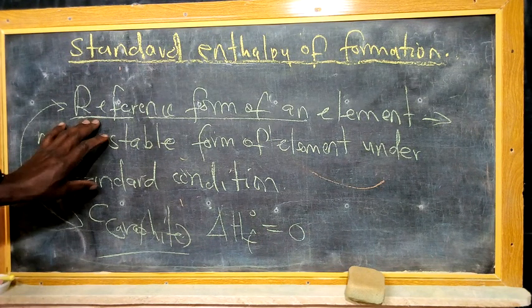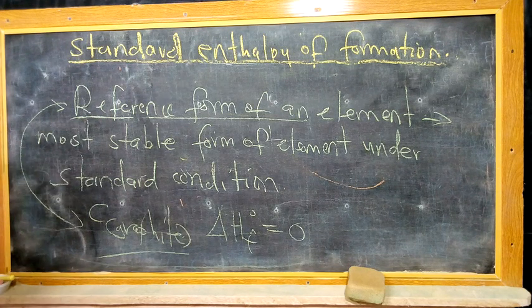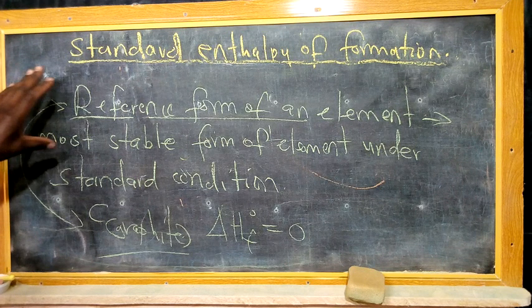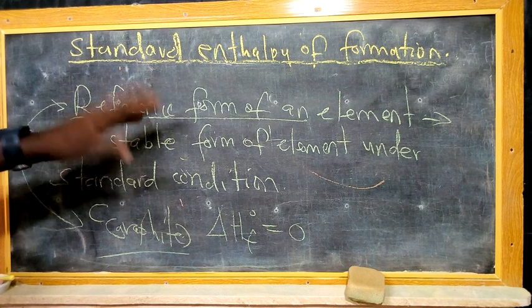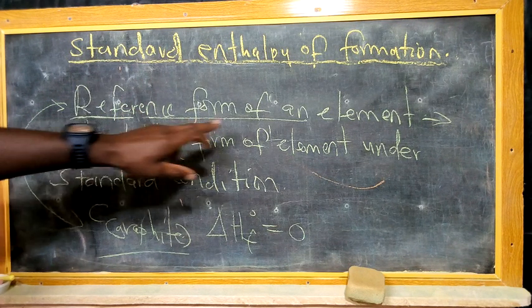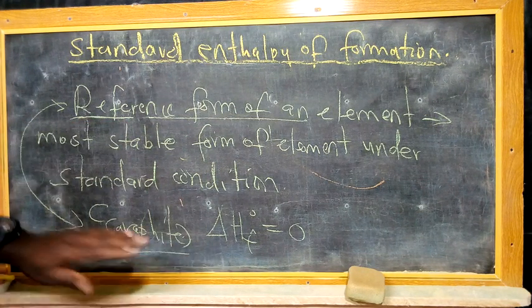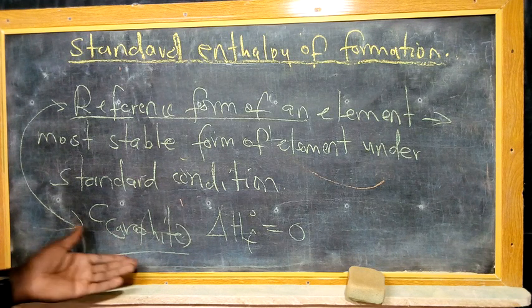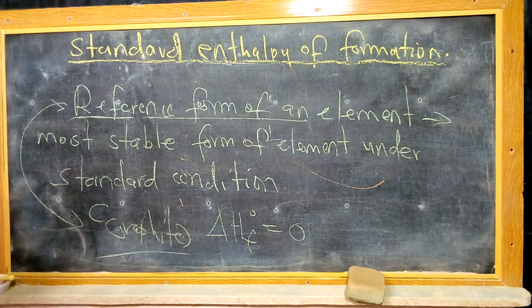Remember, even in mathematics, when we are talking about graphing, we have our origin as a reference point. So in this case, of course, they are not all that related. It is a concept in chemistry, but we can understand it from that perspective using the analogy of the two, that the reference form of an element is the most stable form of that element. Like carbon, which we have said displays allotropy, its most stable allotrope, which is graphite, has the standard enthalpy of formation of 0. Now for that case, as we have mentioned,